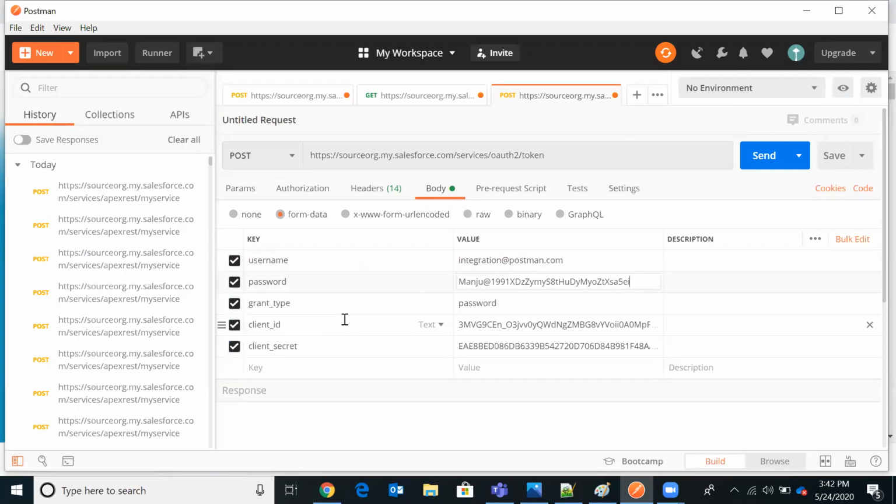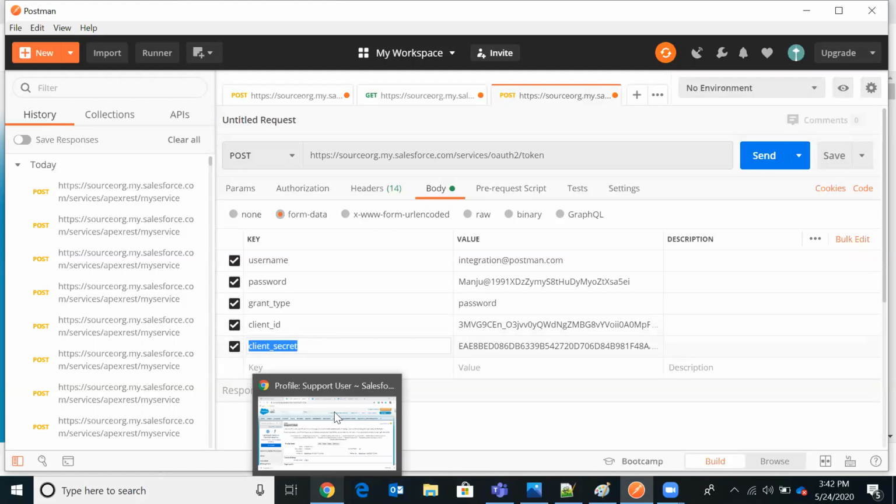As for the username-password flow parameters, the grant type we have to use next is grant type. The value should be password, which is just a static word. Whatever key values you are seeing here should be case sensitive, so make sure you are just following them. If it is uppercase, use an uppercase word. If lowercase, use a lowercase word, right? Client id is also called the consumer key, and client secret is called the consumer secret.